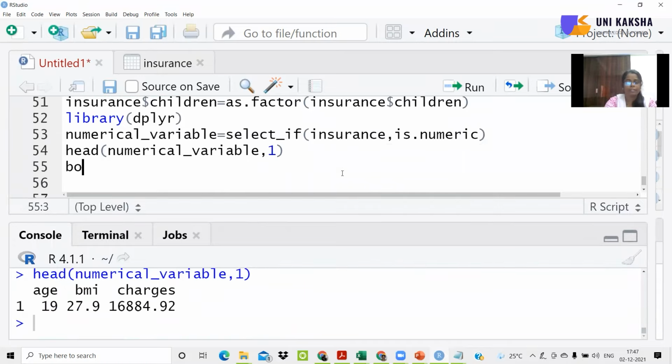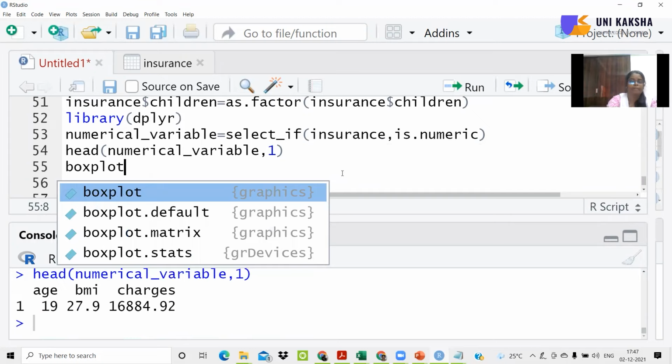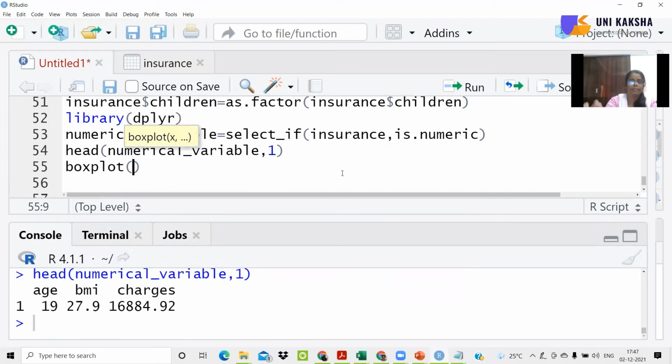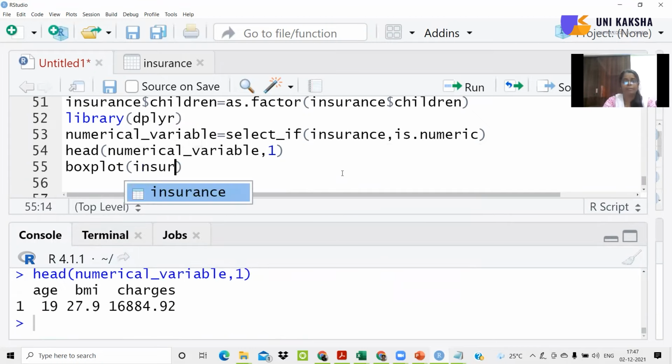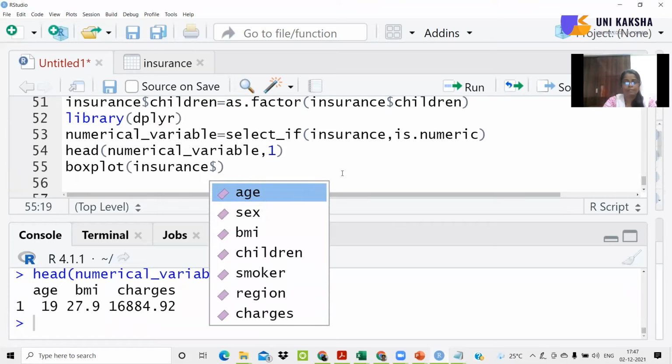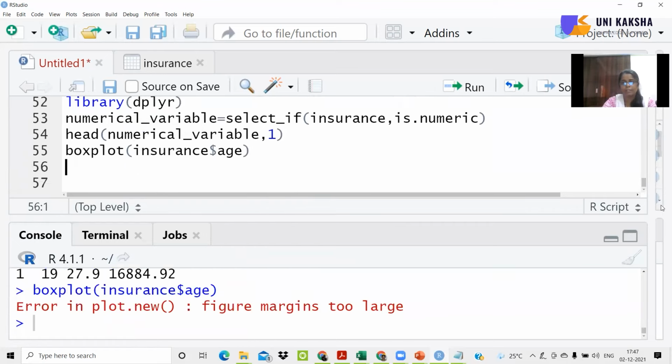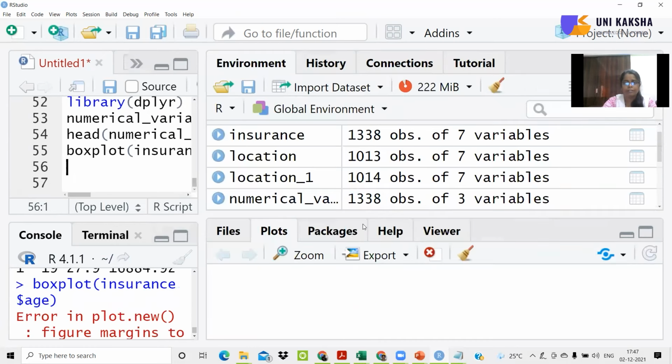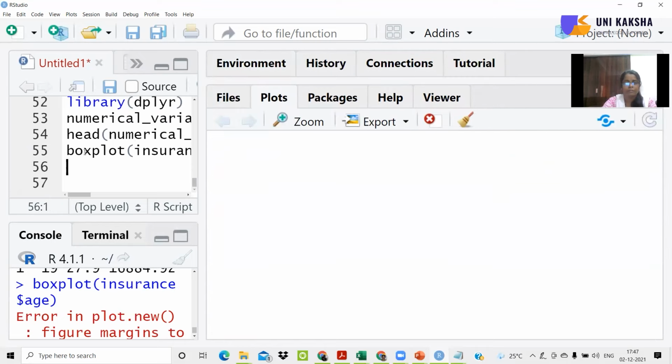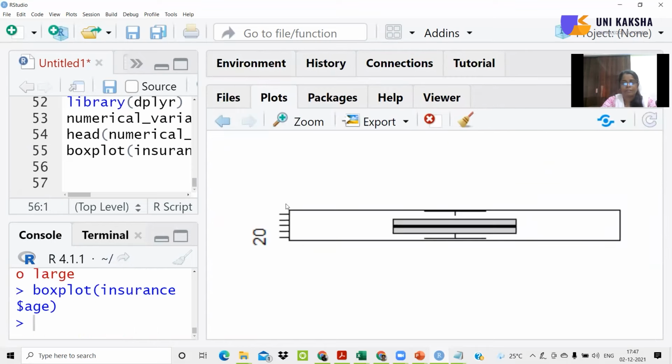Let's try to check the box plot, you can either go for insurance or numerical variable. So first I'm checking the box plot for age. Let's just expand this. So there are no outliers over here.